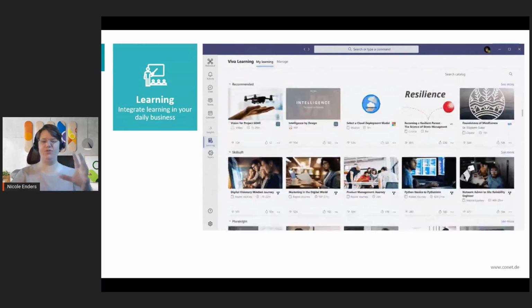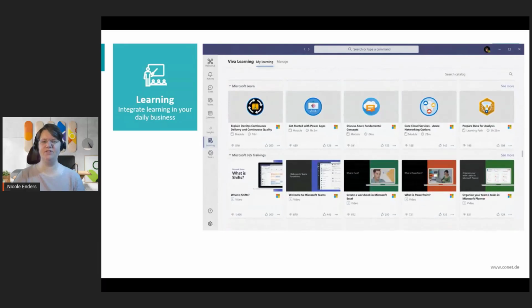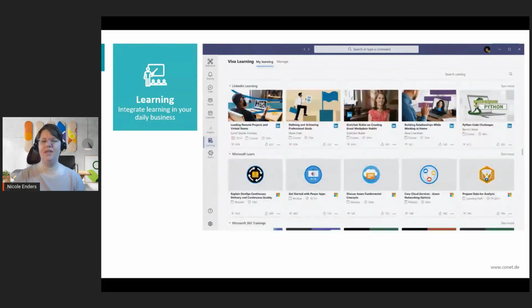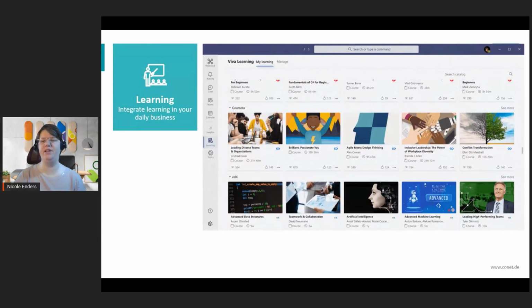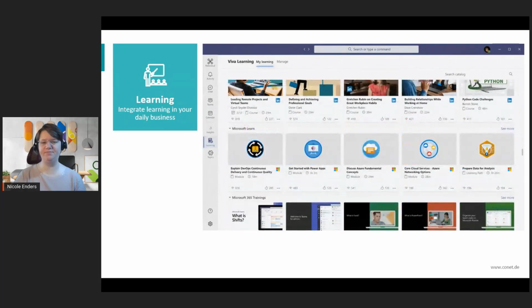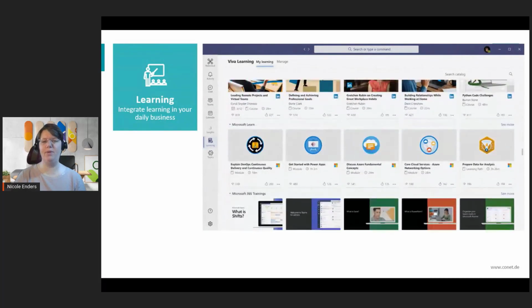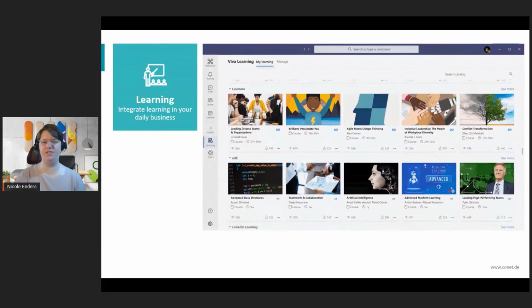You have modules and different learning paths to learn new stuff. You can also have some learning material from third party providers, or maybe your company is providing its own learning material.